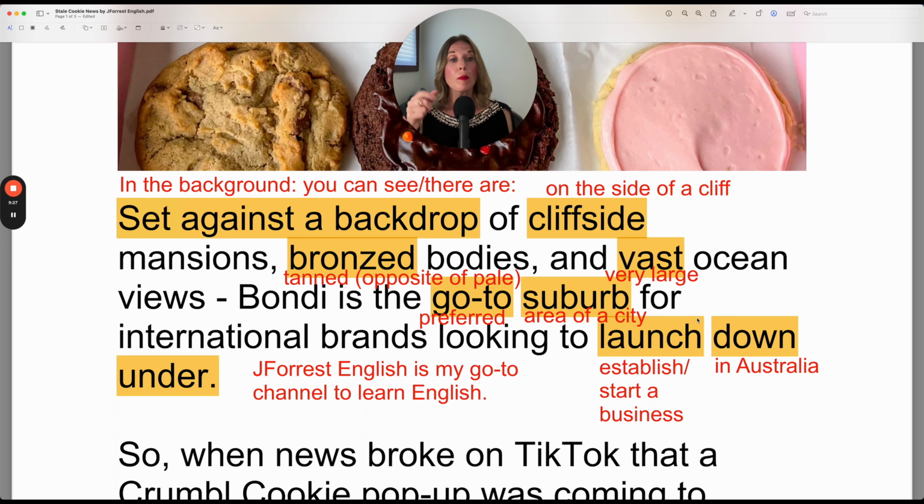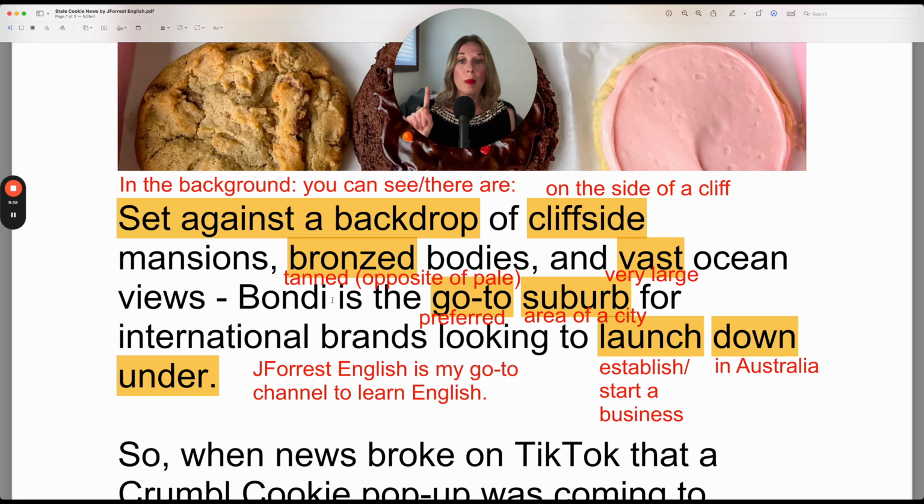Now, they didn't specify to launch a business, to launch a bakery, to launch a cafe. It's just implied that it's a business because that's what you launch. You launch a new business. So it's to establish or start a business. And then remember, down under means in Australia. So international brands that are not located in Australia, that would be an international brand, to start a business in